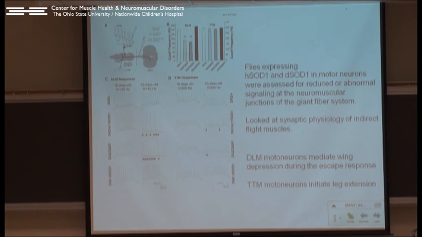Then to look at the physiology, what they did was they looked at these frequency responses when they stimulate these neurons. So flies expressing human SOD in the motor neurons or the G85R mutation, we're seeing this failure, with repeated stimulation, of muscle contraction,